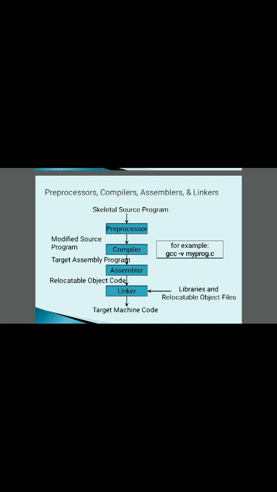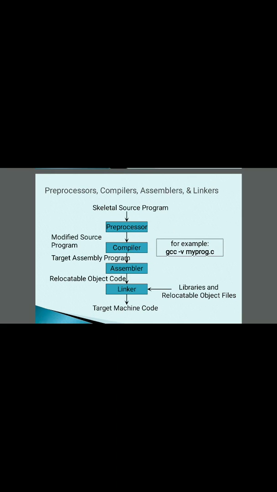Just consider, for example, if you are including some files, you have written a small snippet of code. In that you have written something called hash include. So what does it mean? You are informing your compiler to do something, correct? Then before converting into object code, the compiler does some kind of processing, which we call pre-processing. See, include stdio.h: it gets that stdio.h and then adds it into your program. Similarly, you can add even your own code also. This is something called hash include.